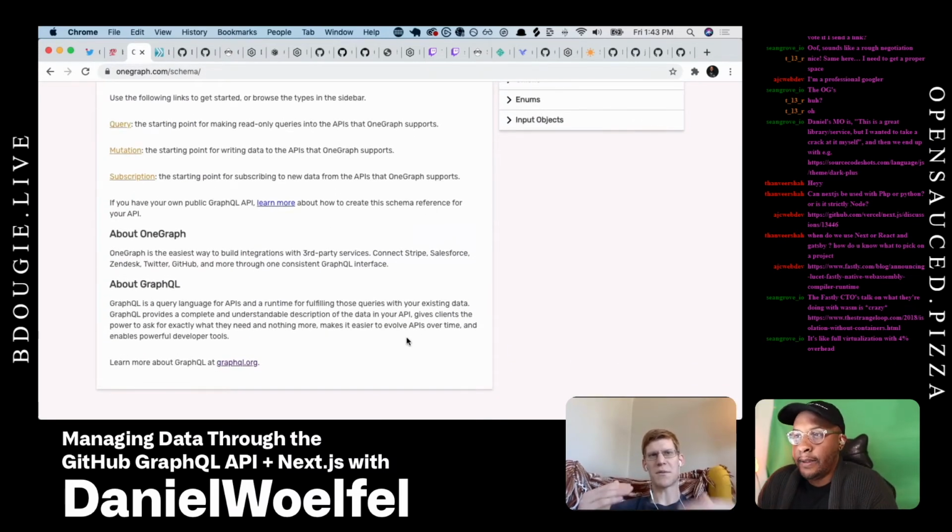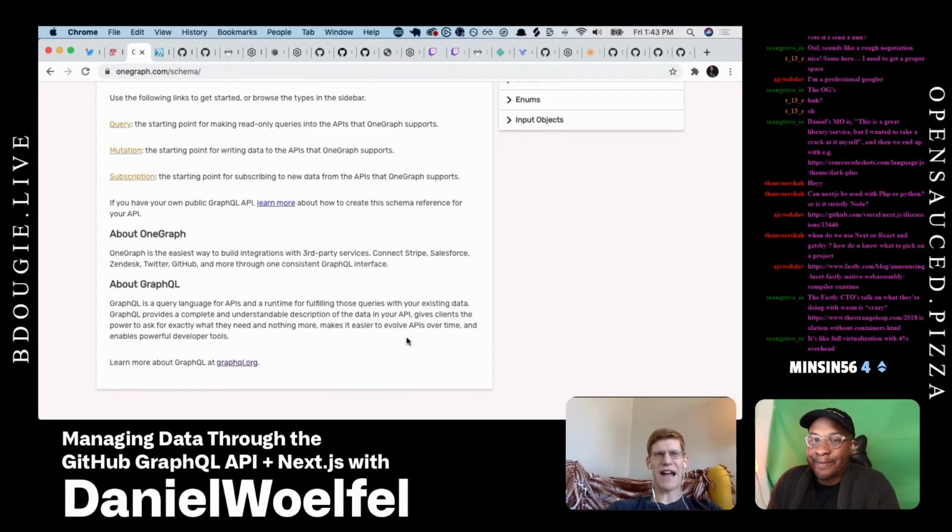I feel like there's an arms race between Gatsby and Next. Yeah, you said it. If you're on either one, I think you're going to be pretty happy because they keep one-upping each other. I was surprised to see Next.js finally ship their proper static build command. That came in 9.3, earlier this year, because it was an issue I'd been watching for the past couple of years. I just said a lot of buzzwords there, but basically they gave you what Gatsby was doing for a couple of years by default out of Next. And I think that's where the adoption took off.